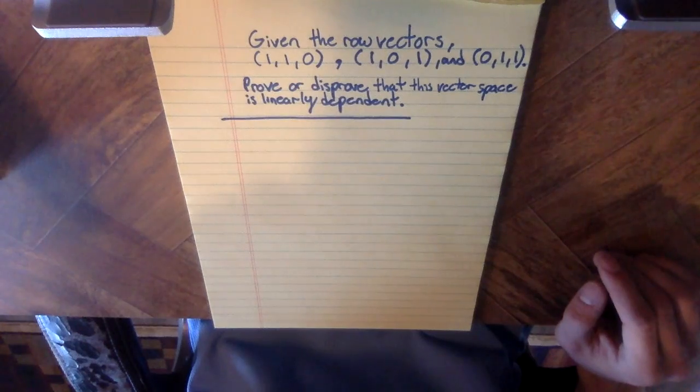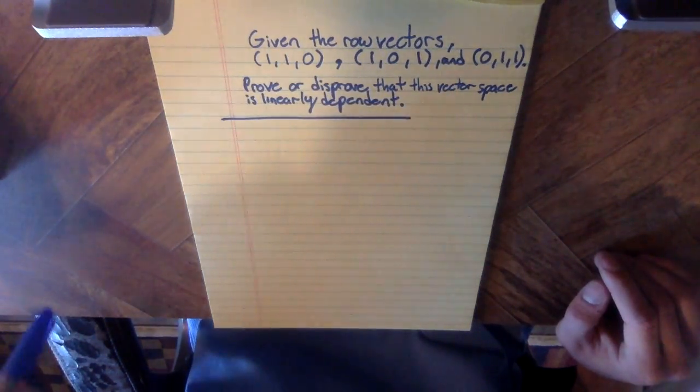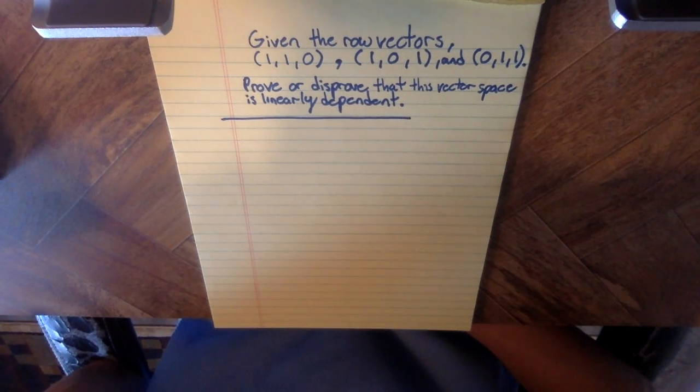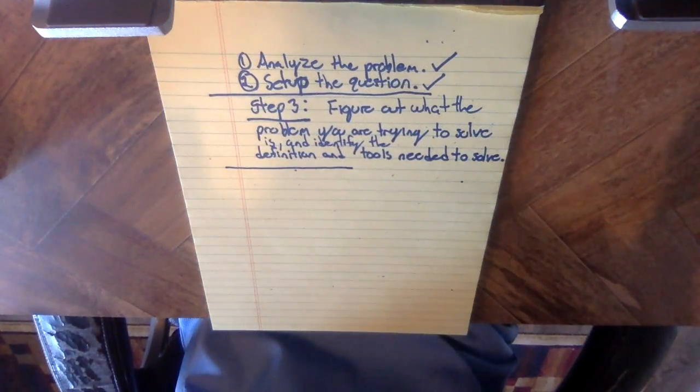For our next exercise, we'll be doing the other part of Shankar's exercise 1.1.5, which states: given the row vectors (1, 1, 0), (1, 0, 1), and (0, 1, 1), prove or disprove that the vector space it describes is linearly dependent. We've analyzed the problem, we've set up the question in a reasonable way, and step 3